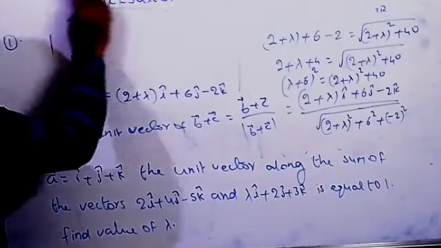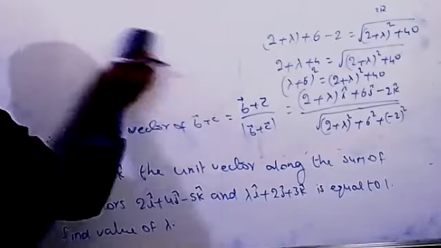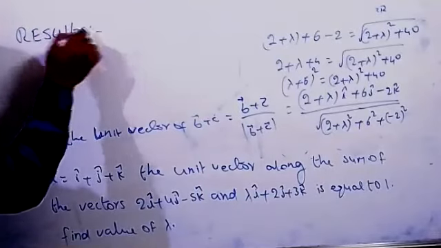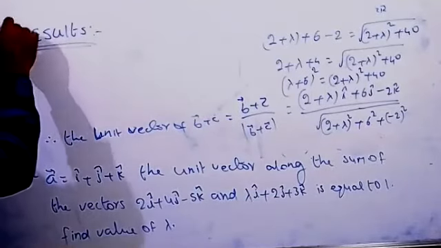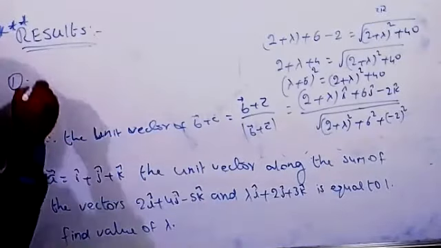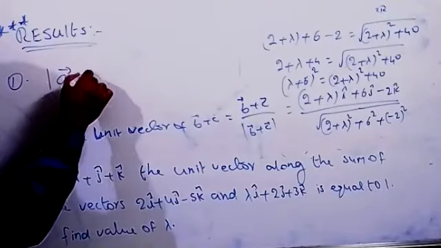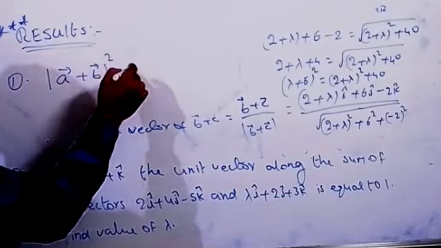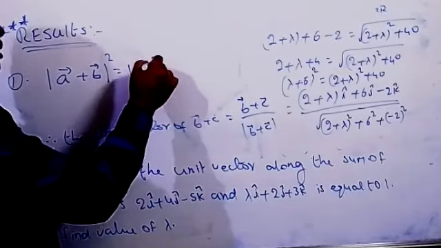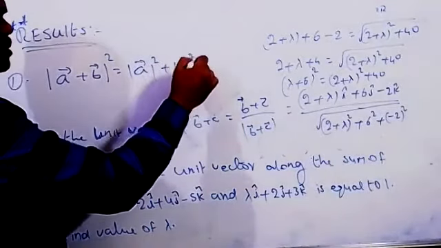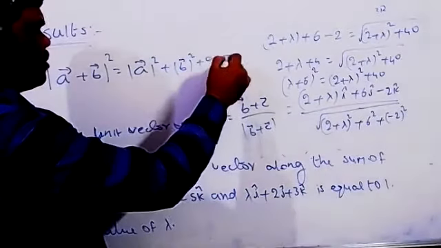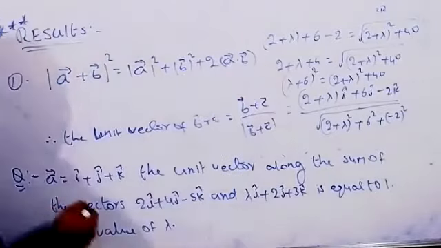Right now, some important results, meaning formulas, I can write. And a few formulas; I think algebra you learned that one. For these formulas you can remember. The modulus of a plus b whole square is equal to, write the right formula, you know very well, a square plus b square plus 2ab, correct? So 2 into the dot product of both a and b.